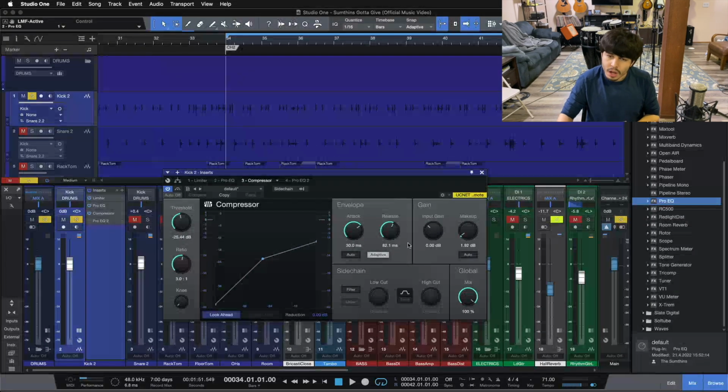Our release is a little bit on the quicker side here, around 80 milliseconds. You can see we have a lot of doubles here, so we want the compressor to let go before our next kick hit, again, to preserve all the attack that we can. We don't want the compressor still hanging on when our next kick hit happens, otherwise we'll neuter the attack of that hit there. We're at 3-to-1, so we're not going too aggressive with our ratio,